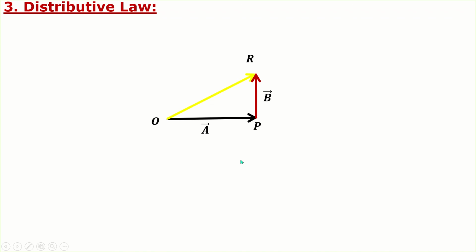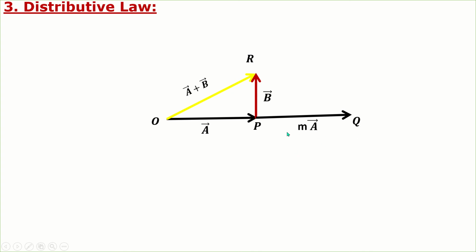This is b vector. So OR is equal to a vector plus b vector by applying triangle law. That means this vector plus this vector is equal to OR vector. As for this and this, that means a vector and this vector, their support lines are the same. So if this is equal to a, then the total will be a scalar multiple of a vector. Clear? As their support lines are the same.